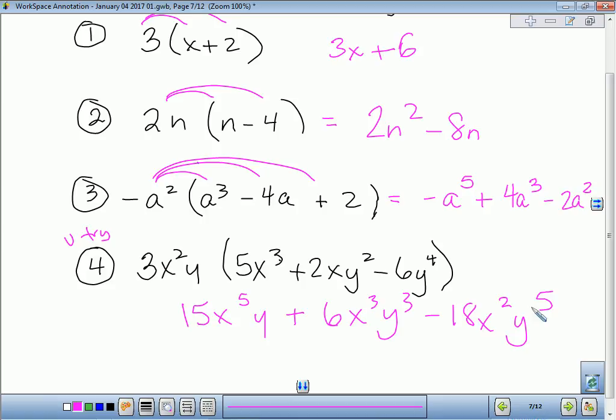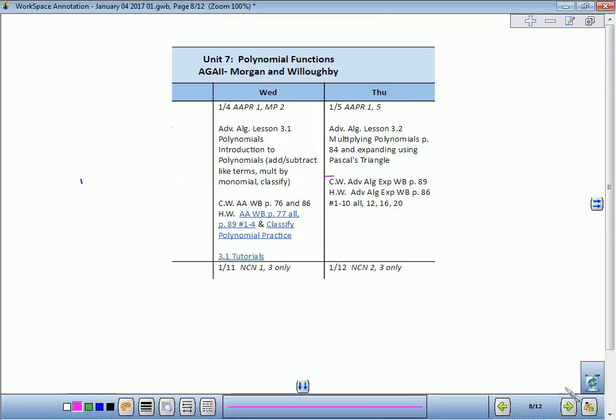So standard form for us is when it's all in terms of one variable. When we have multiple variables, we're not concerned with what comes first. Okay? All right. So your homework is the 2 workbook pages. So 77 all and 89 just 1 through 4. And then finish up the notes page where you were classifying the polynomials. Okay? This is quick and easy and a great way to start. Any questions? Okay,